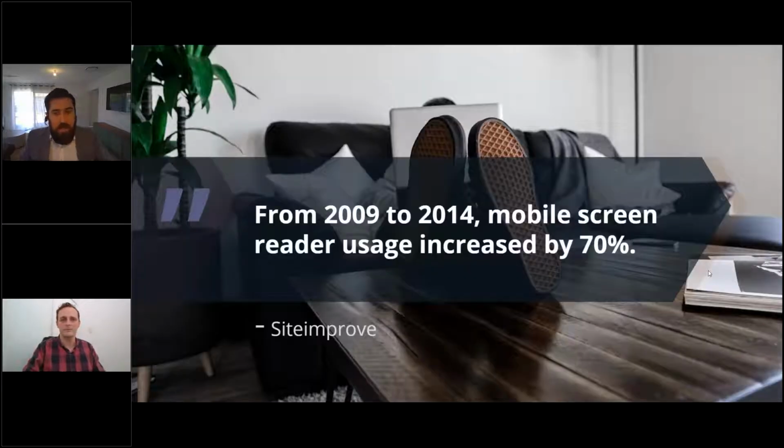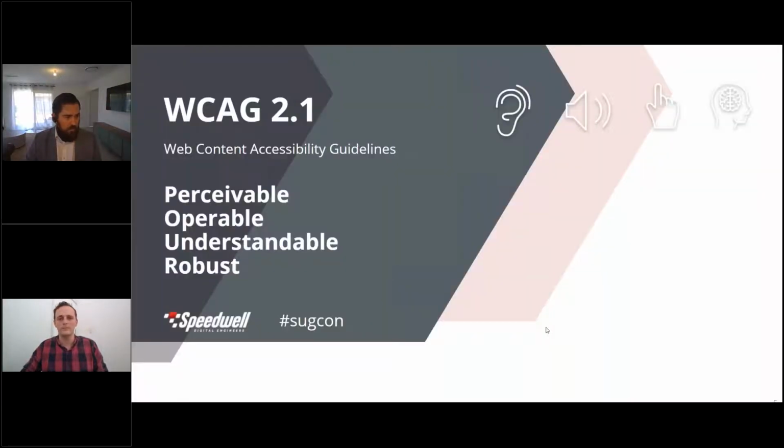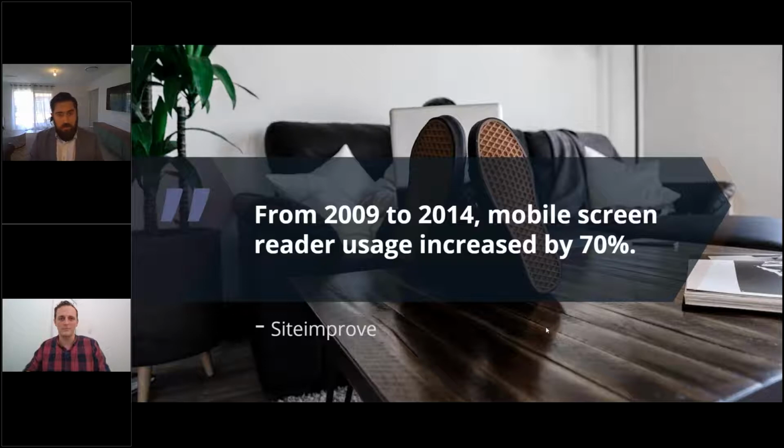So, one of the alarming statistics that I've read is that from 2009 to 2014, the usage of mobile screen readers actually increased by 70%. This stat is from Sitecore. We're a Sitecore partner, and they have a great testing tool which enables us to do SEO audits, accessibility, which is why we're talking about this today, as well as site performance stuff. So, jumping into it,